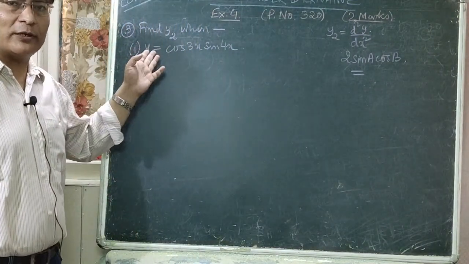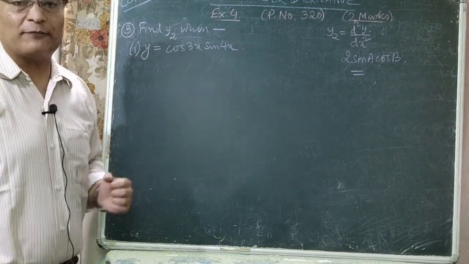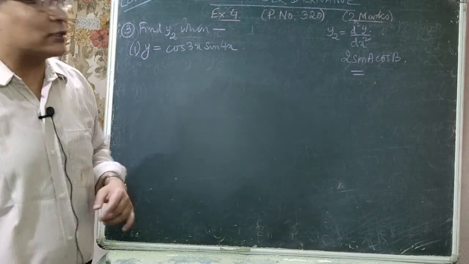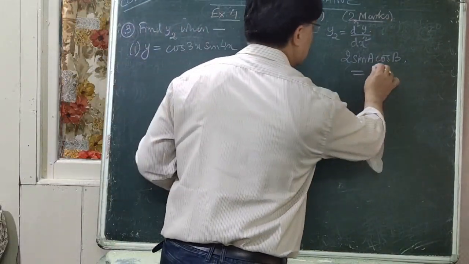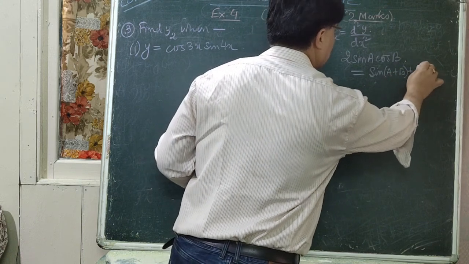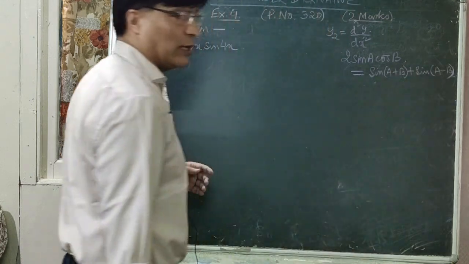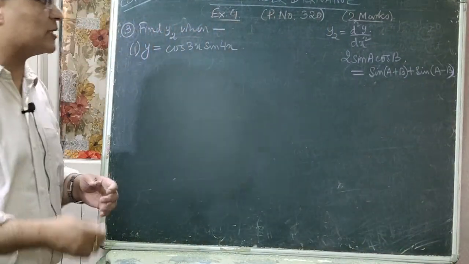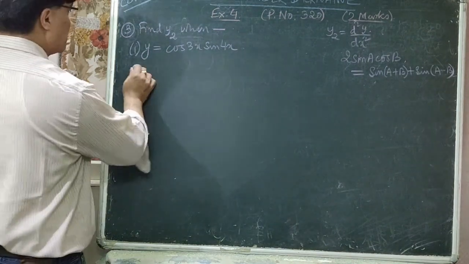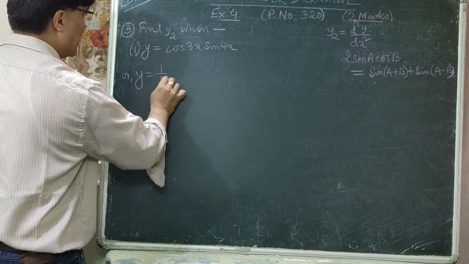As there is no 2 there, you can take 2 here, that is half into 2. So what is the formula for 2 sin A cos B from transformation of products and sums in trigonometry? It is sine of A plus B plus sine of A minus B. That is, 2 sin A cos B is equal to sine of A plus B plus sine of A minus B, right? So y is equal to half into 2,